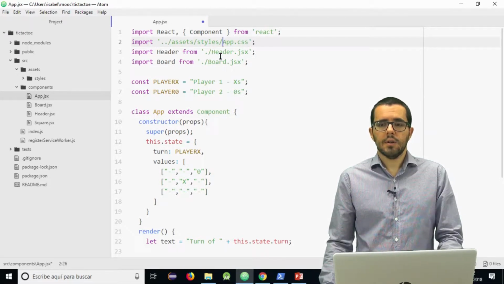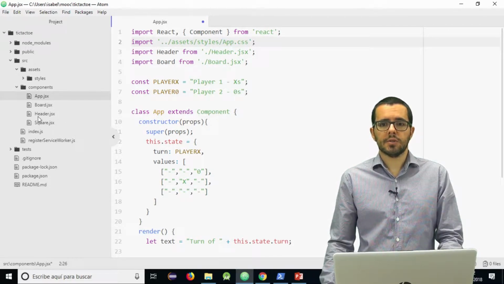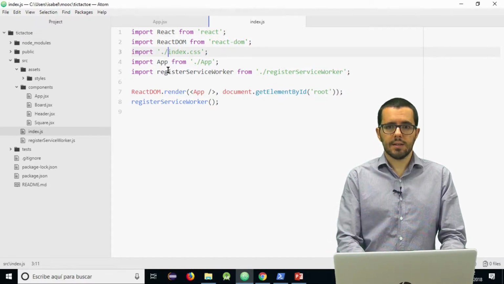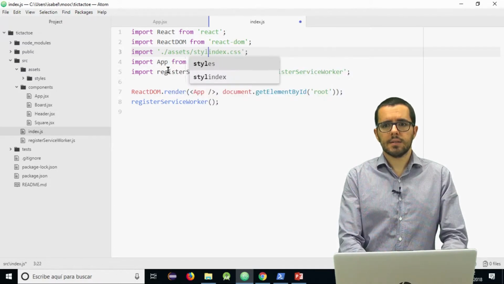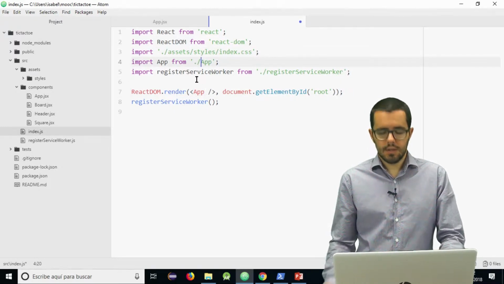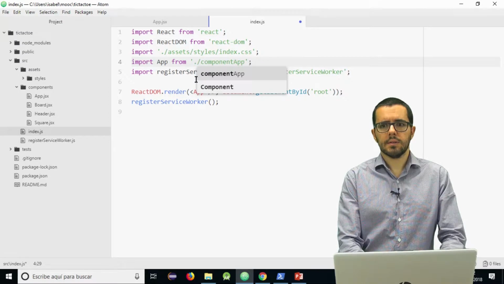Header and board don't need to be changed because they are in the same folder as they were before. And now in index.js I also have to change the CSS that is in assets, styles, and the app component, that is the one that we render in the first place, is in the components folder.